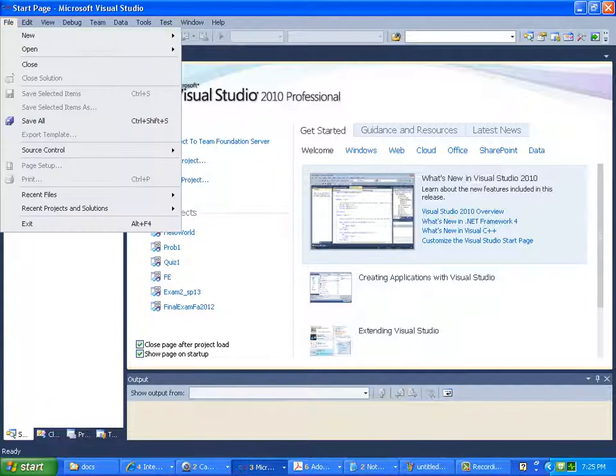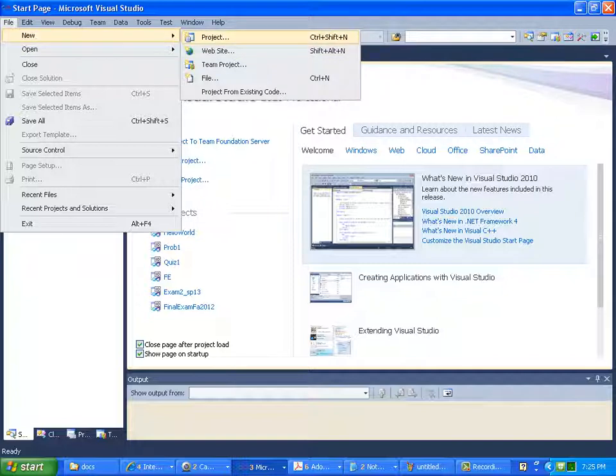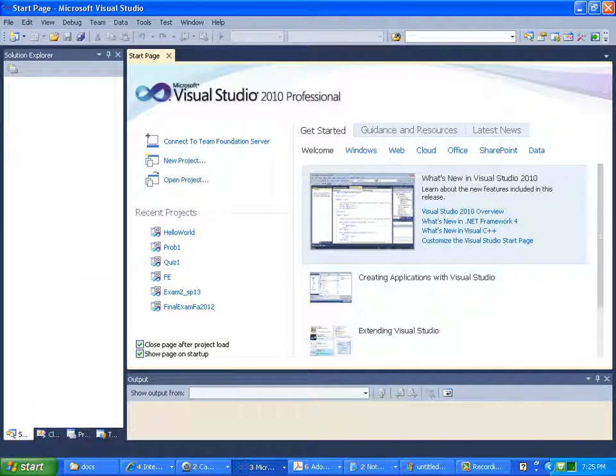Start out with File, New, Project. This is what you want to select as you're creating an entire project. So I'm going to create an entire project, not a particular file. It needs to be a project. So you click on Project,